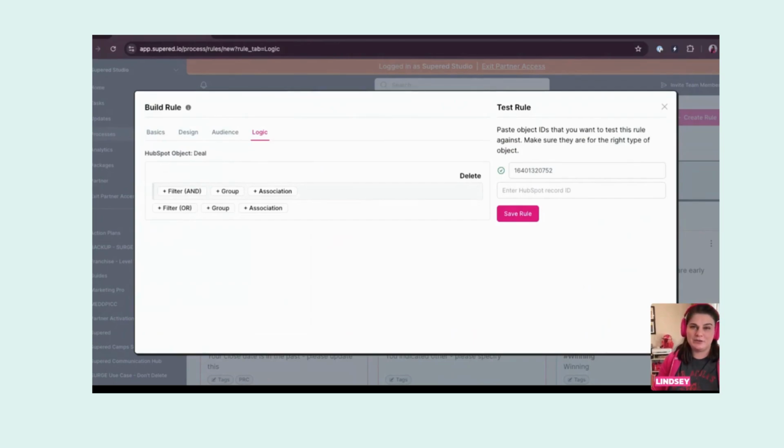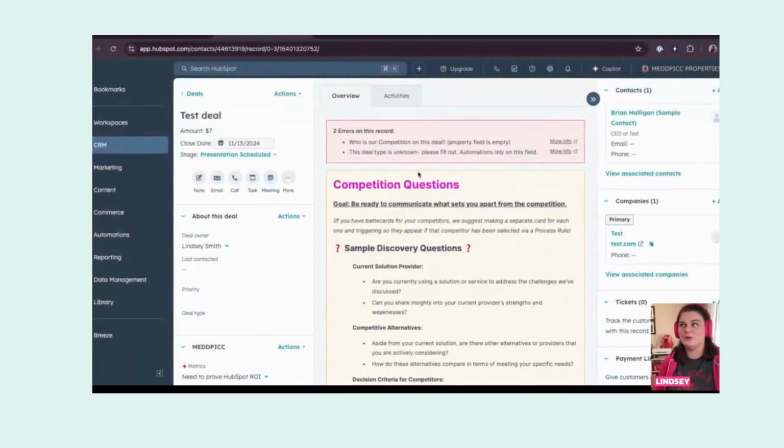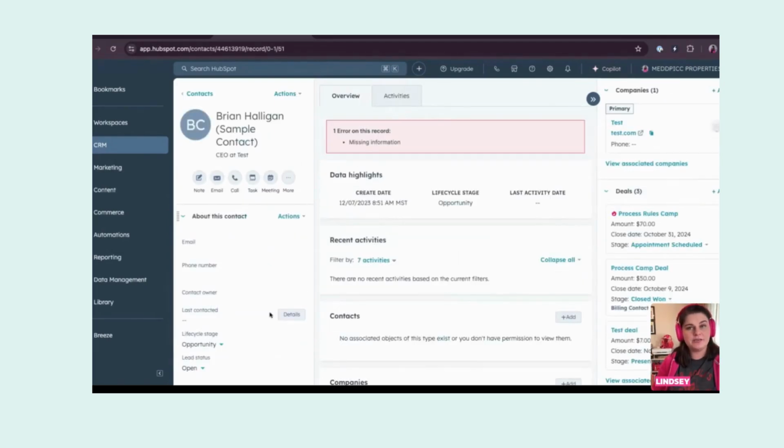Association is cross-object validation. So if we're looking at this test deal here, I like to call my deal record my primary object. And on this right-hand side, these things that are attached, I like to call secondary and tertiary objects. So this is my cross-object validation. If we were to create an association rule, we can have it flag, say, if Brian Halligan, if this contact is missing information on it,